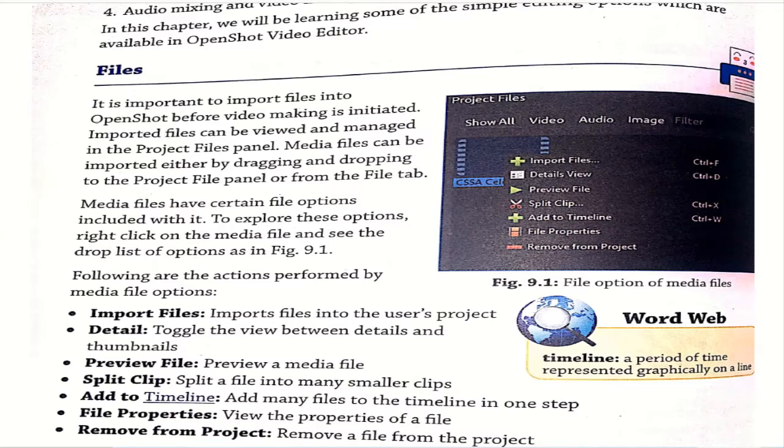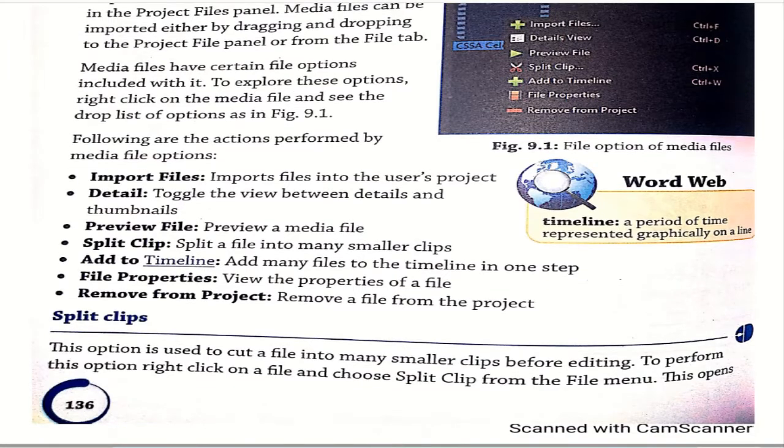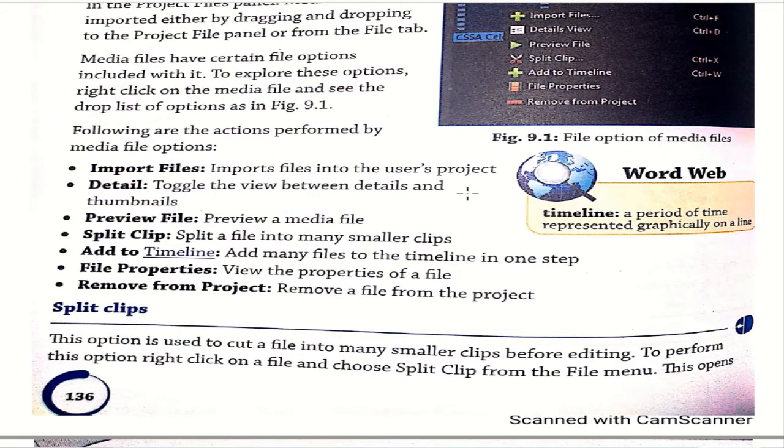Okay, so the following actions can be performed in the media file options. First, import files, that is, import files into the user's project, whichever file you want to edit. Next, details, toggle the view between details and thumbnails. Next, preview file, preview a media file, that is, what you have done will be previewed to you.